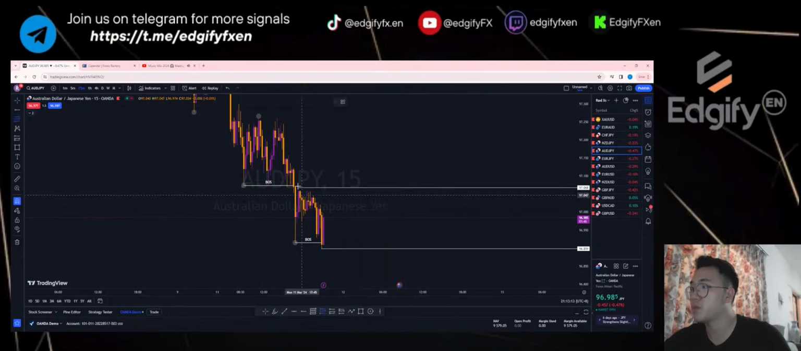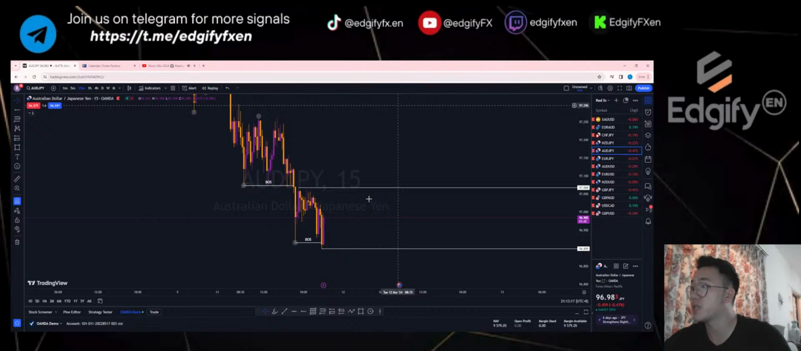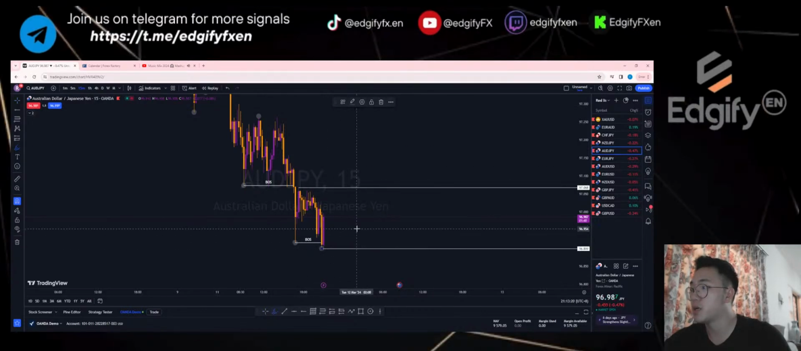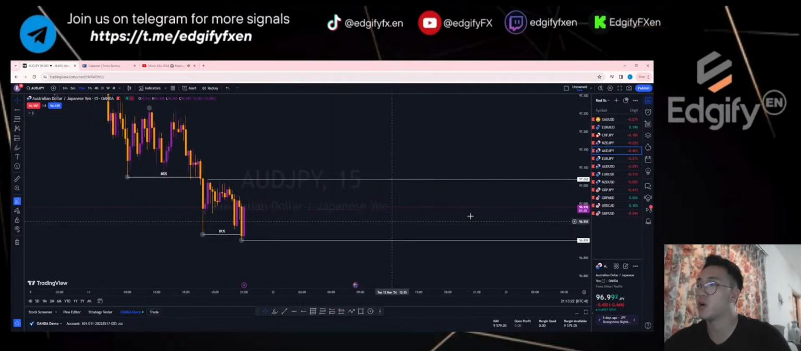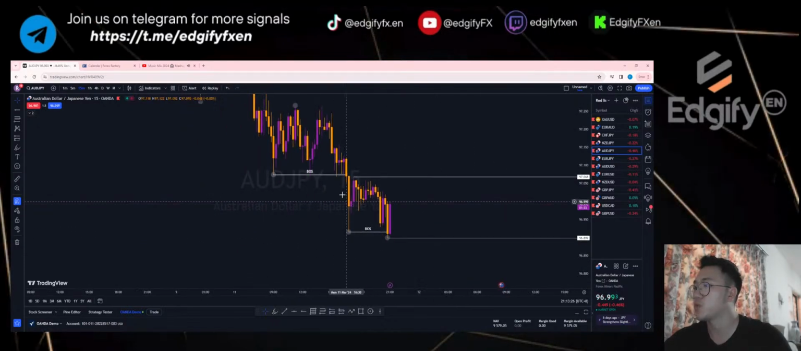For AUD/JPY it will be risky if you're going to hop in. So I will avoid hopping in at the moment. I will avoid this pair at the moment. I'm not going to hop in. I'll just leave it as it is and let it create a nicer structure. Right, because we can see that